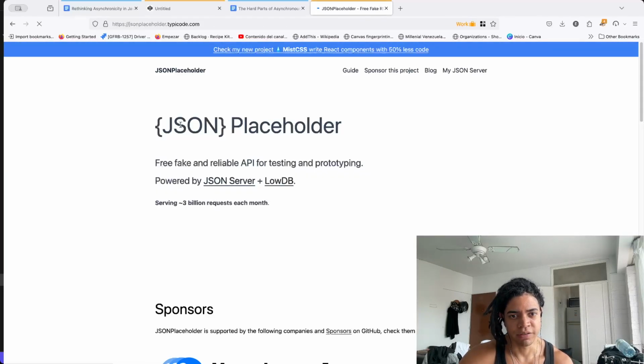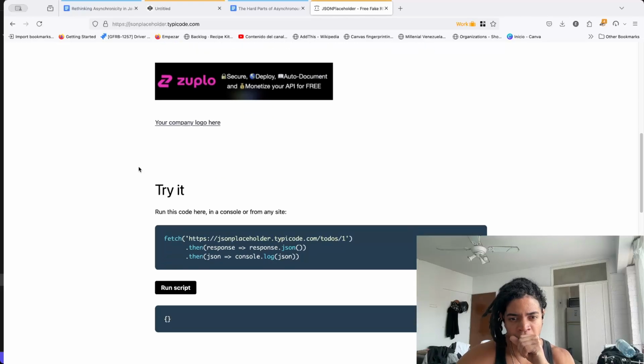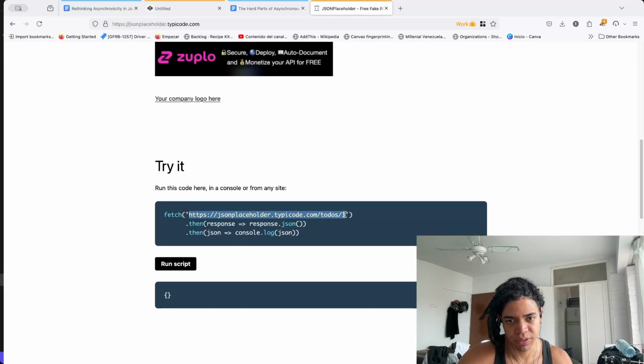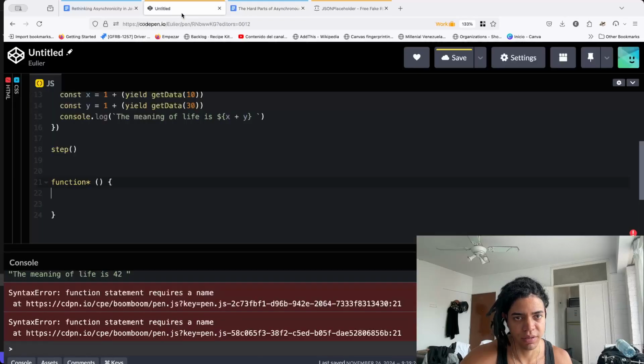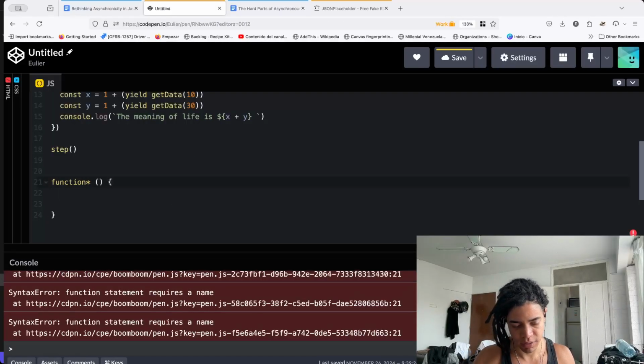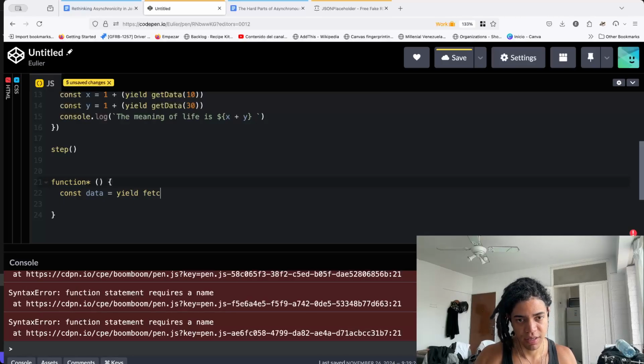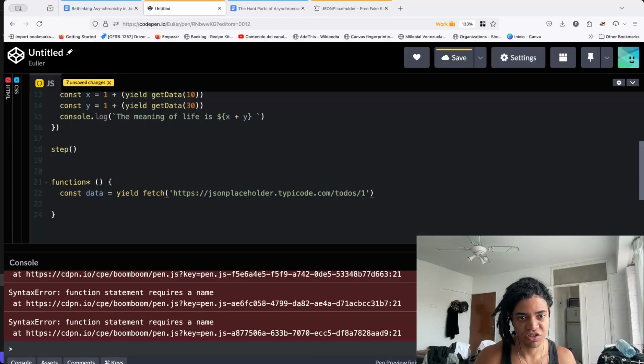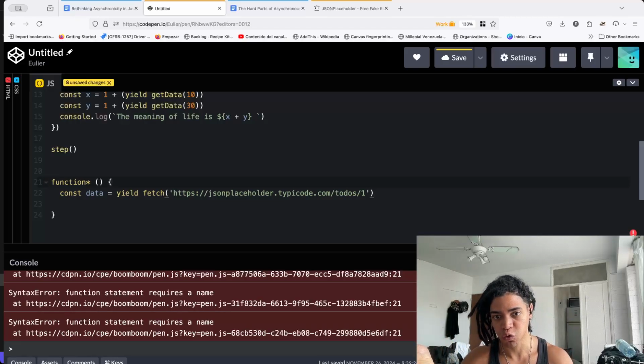JSON placeholder is this one. Oh, there you got it. That's right. So what we can do here is look at this. Hey, by the time we call this generator, we're going to define some data here and say, hey, I want to yield these network operations here, which means that by the time I yield this, I'm going to pass control to this fetch function,